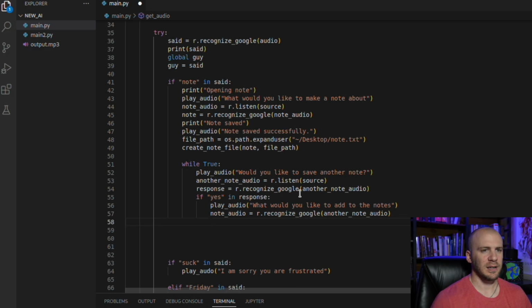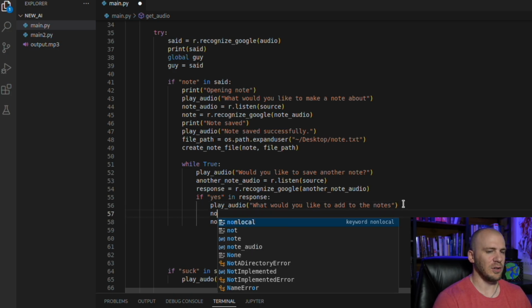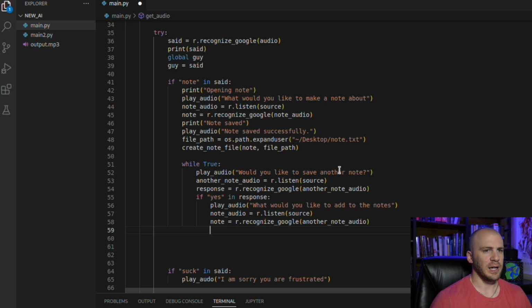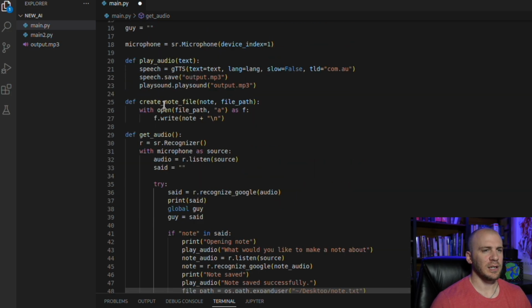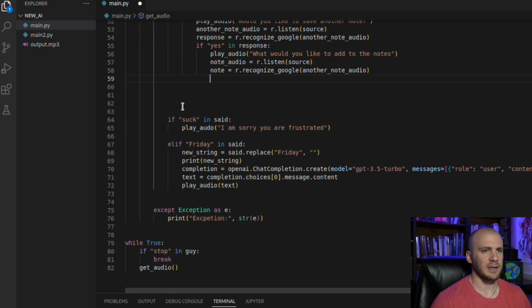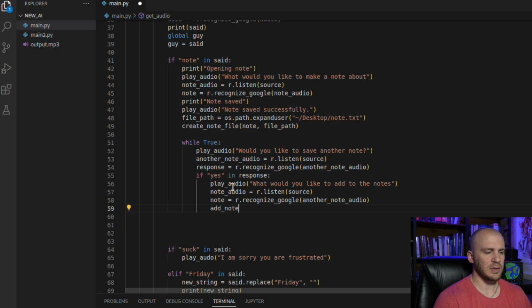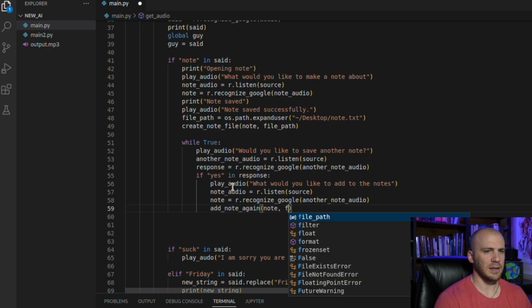And we want to do something with it. I actually skipped a line. We need to do the same thing right here with the source. So we need to come down here and say note audio equals r.listen, and we're going to have it listen to the source, and we're going to change this to just note. Change our variable there. And now we want to add our note to our path. So we want to add the note, which let's see, this is create note. We want to add a note. So we might actually put our function back in there and test to see if it works. So we'll just type this in here. I don't even remember what we called that. We'll just call it add note. And we're going to pass in the note and the file path.